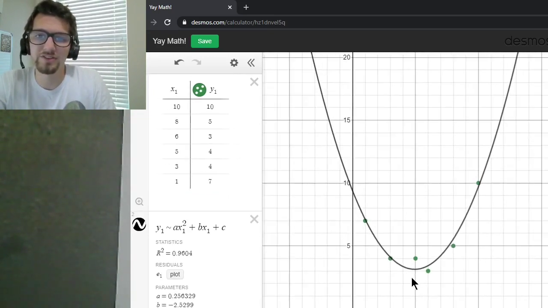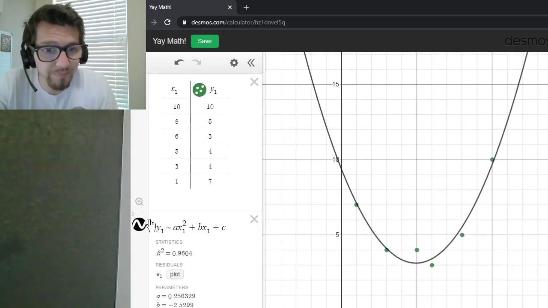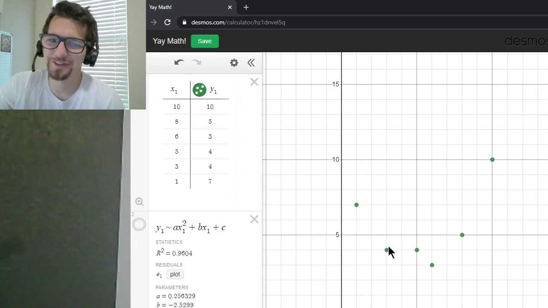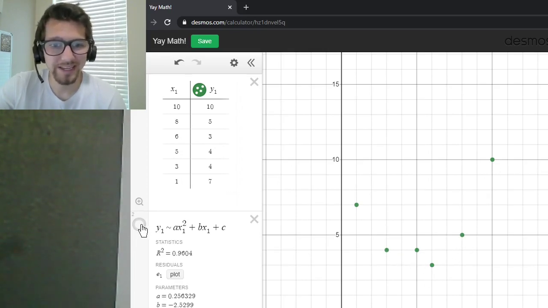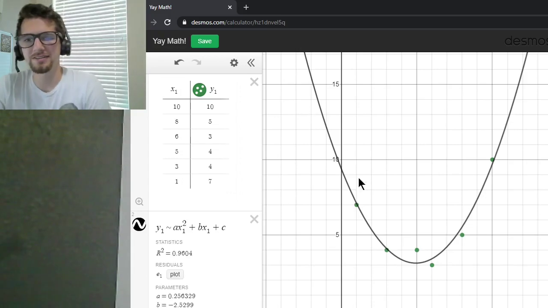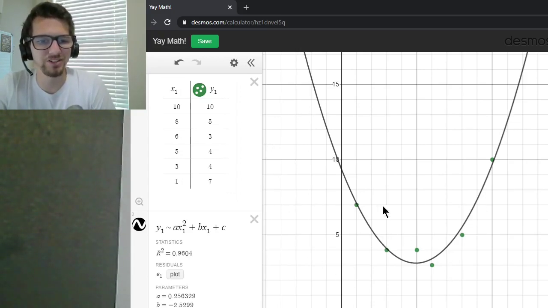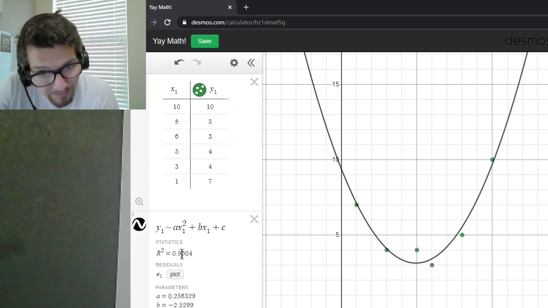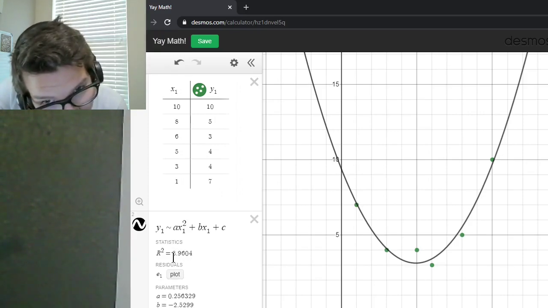Okay, and you'll see that here are all those points. Here are all the points that I graphed. Now, does it look like I could draw a perfect line through all of these? No, I definitely couldn't. And this accounts for that. So it's saying, okay, let's draw the line of best fit. What's the best fitting line we could possibly draw here? And what it decided was the line it picked gives us an r squared value of